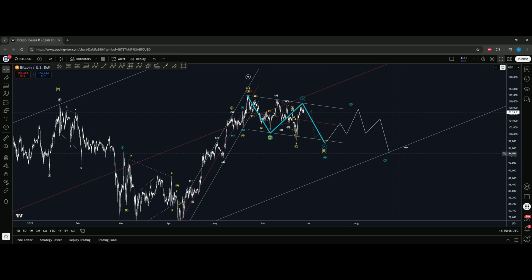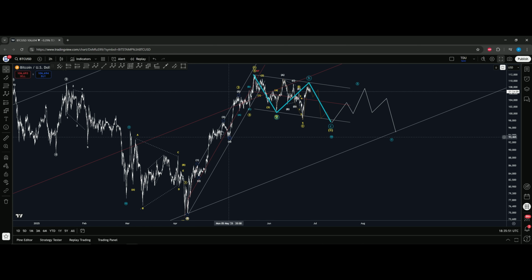Perhaps a touch of a channel to continue up, retesting the previous inner 4 area and whatnot.